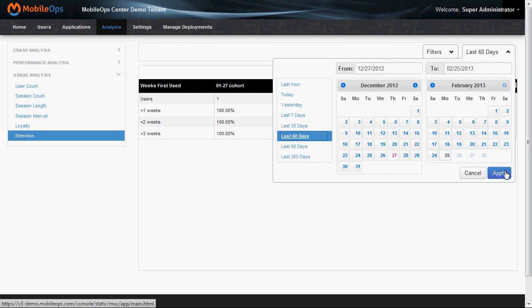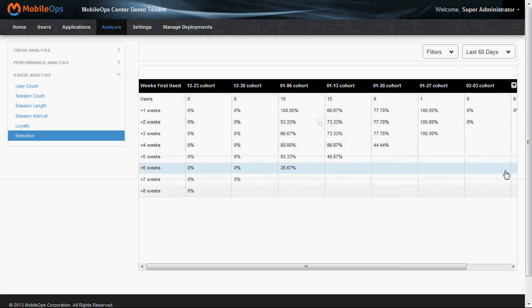And we can see that for the week of January 13th, for example, 15 new users started using the apps. But not all of them come back, right? After the first week, 2/3 came back, but some of them came back to use the apps more, and that's been fairly consistent. So we know that we're getting decent traction with the apps, but we can probably improve and get the retention to be higher